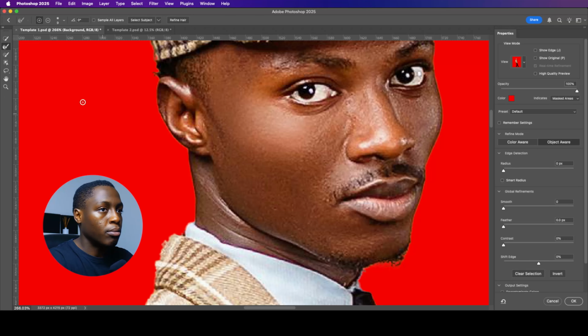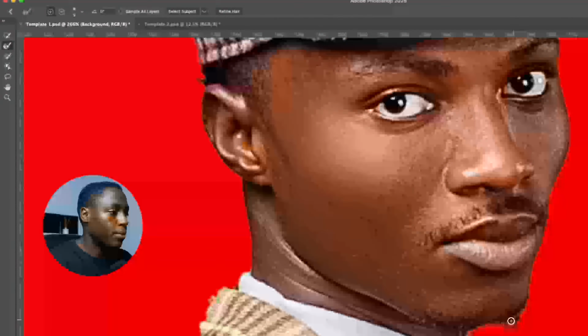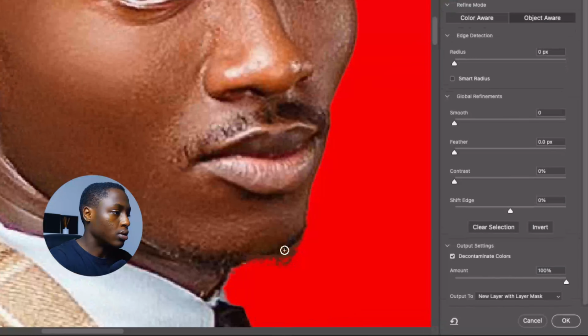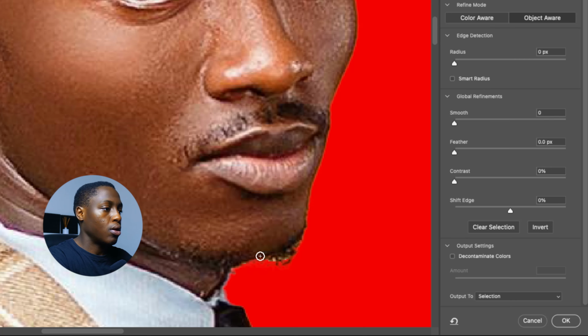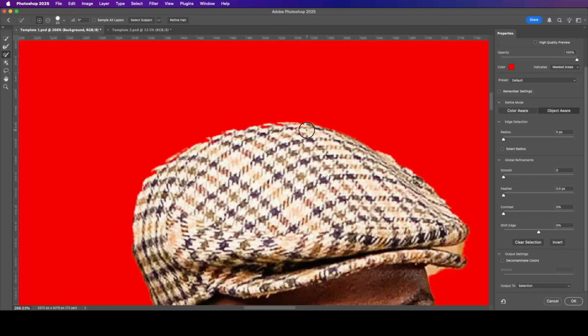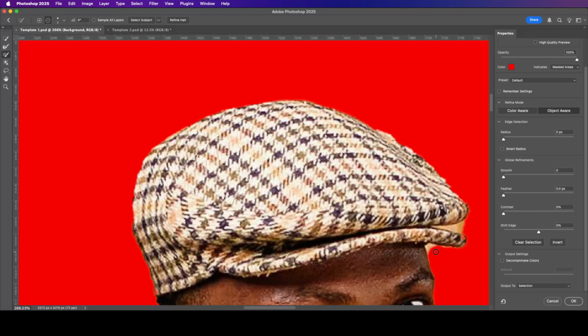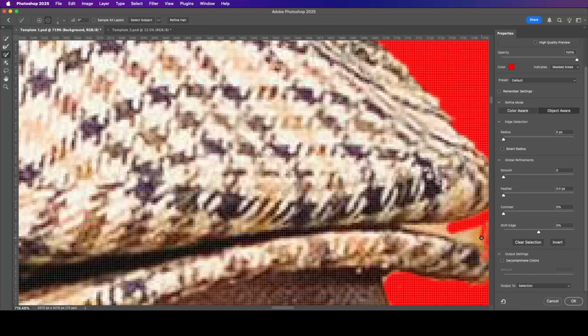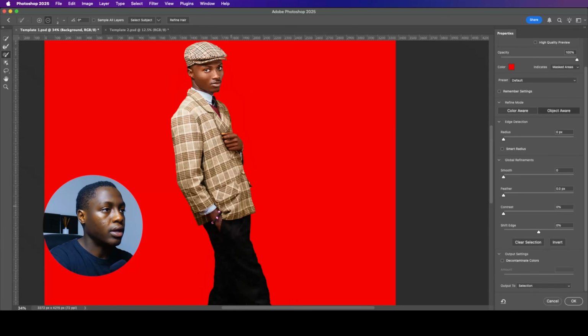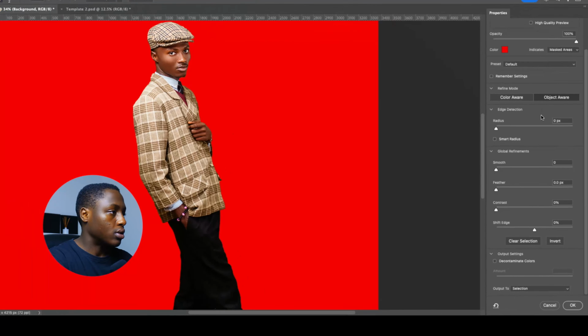To select the hair, I'm using this tool to select the hair and press decontamination. So with that being selected, we're going to press OK,